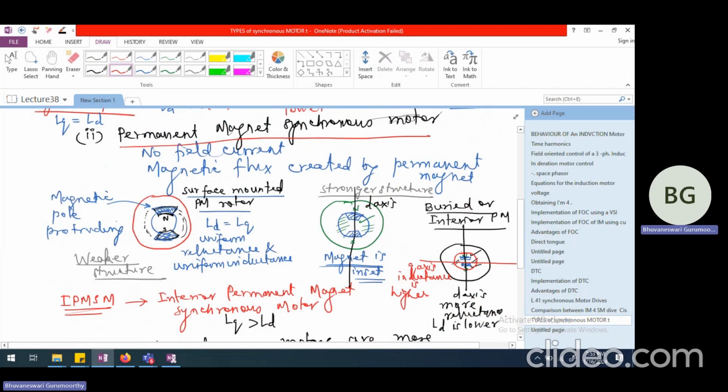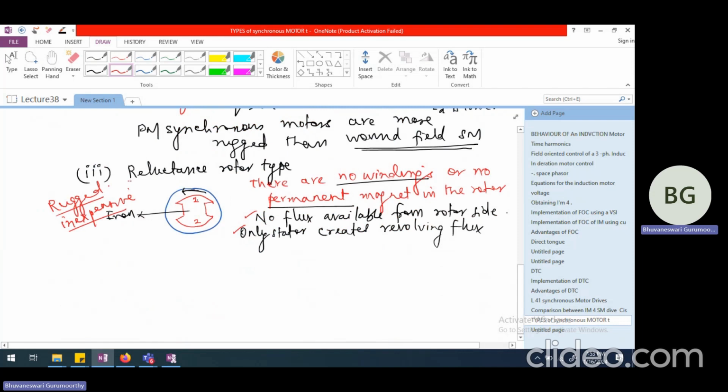The third one is the reluctance type, where there is no flux from the rotor side, there is only flux from the stator side. So the stator, what you supply is normally three-phase electricity. The flux is created only from the stator side, like what happens in an induction motor. So this particular machine can work only in lagging power factor,